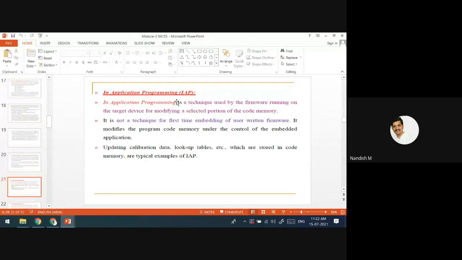Updating the calibration data means you have to change it internally in the firmware. The lookup tables which have some data that you have to change are all in the code memory. If you want to update that, it is called in-application programming. The firmware is already there, but you want to update selected portions of the code memory. That type we call in-application programming.